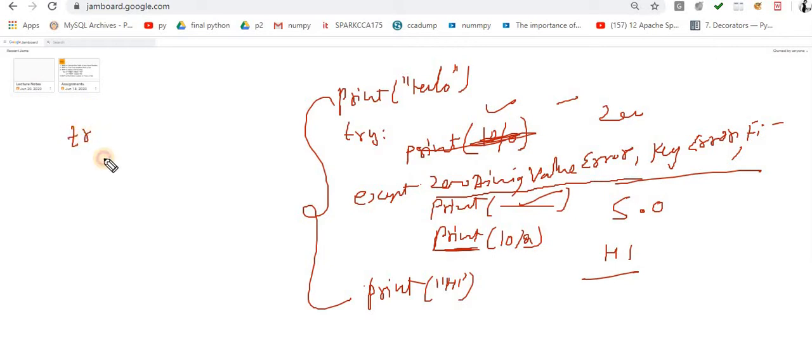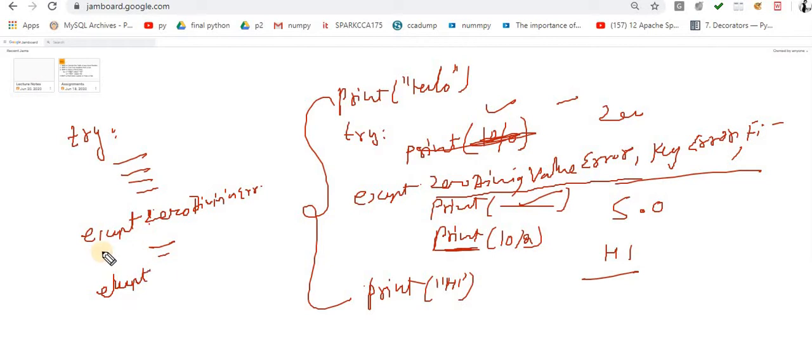And another way what you can do: try, your statements. Let's suppose except, and I am writing over here the ZeroDivisionError, and then statement. Again except, again I am writing except. Yes, it is applicable. Try with multiple except statements. Here I can write ValueError, you can print this message. Except, let's suppose KeyError. Now understand the flow. You can write multiple lines here, and finally I am using a simple except.